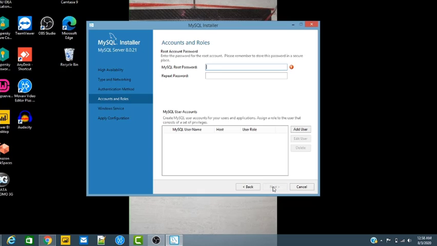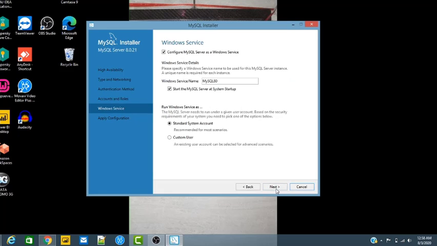And here I need to give the password for the MySQL schema. There is a schema inside MySQL. A schema is the collection of data, a superset of all the data inside MySQL.